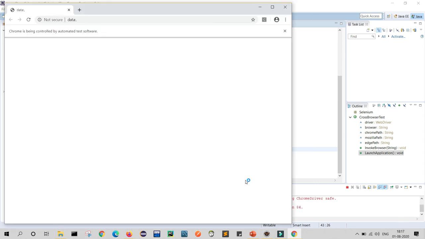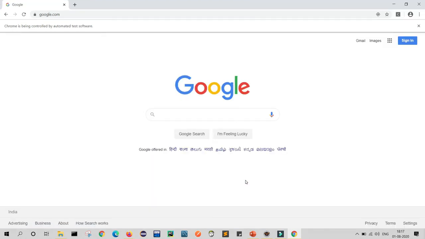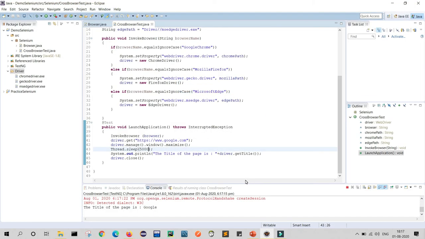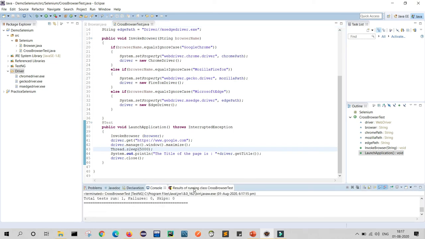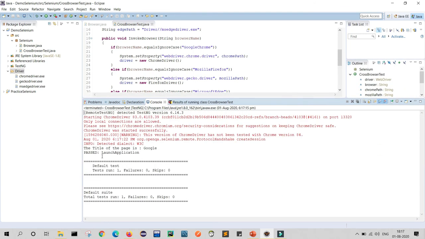As you can see, my browser opens, hits google.com. Once it loads, my page maximizes, then waits for 5 seconds and then the browser closes. As you can see in my run status, my test passed, launch application.